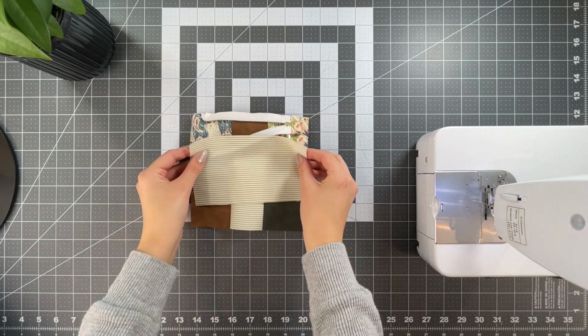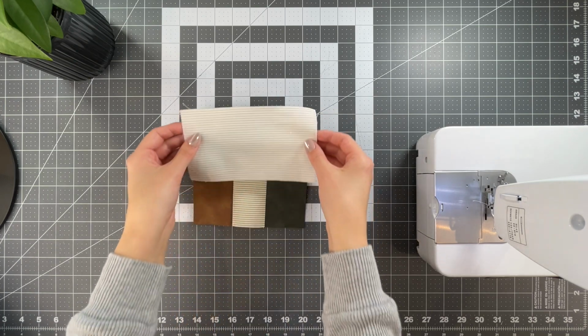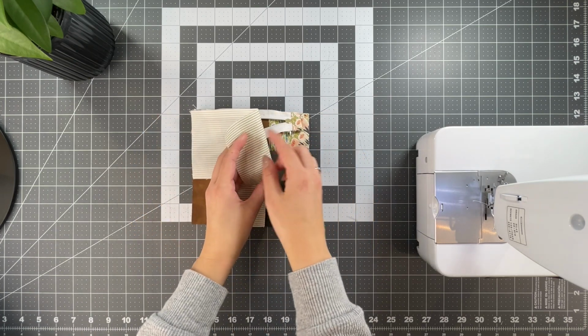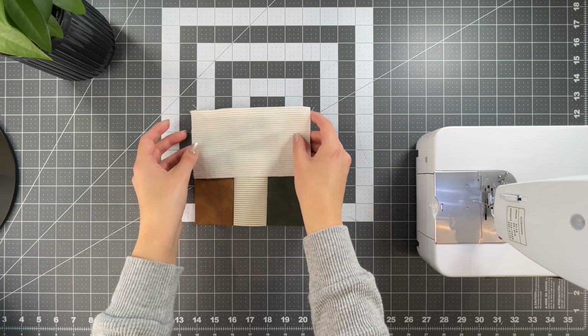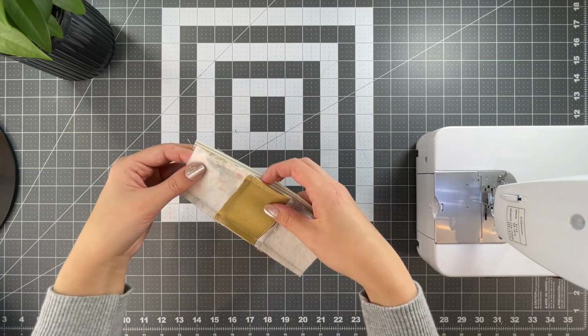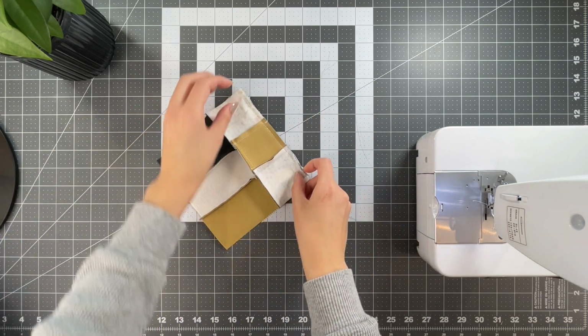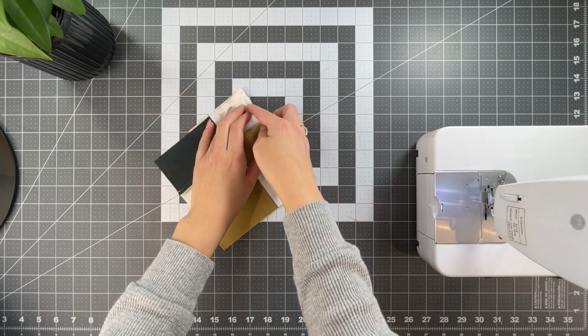Now that your zipper is secured to one side, you're going to take one of your lining pieces and place it on top with the right side of the fabric facing the back of the zipper and the right side of your exterior. You're going to align this edge, and then flip to your fusible fleece side, so the side of the exterior that has some of the fusible fleece, and sew in line with the seam